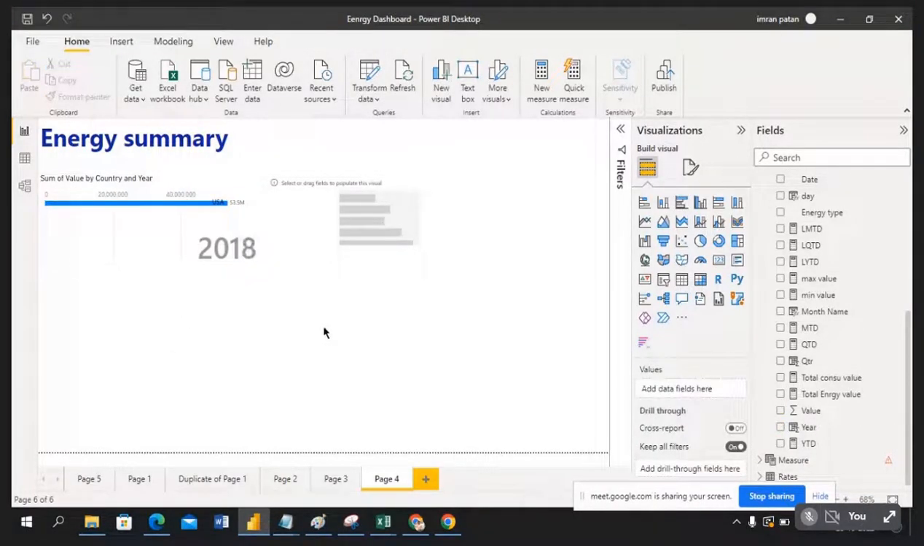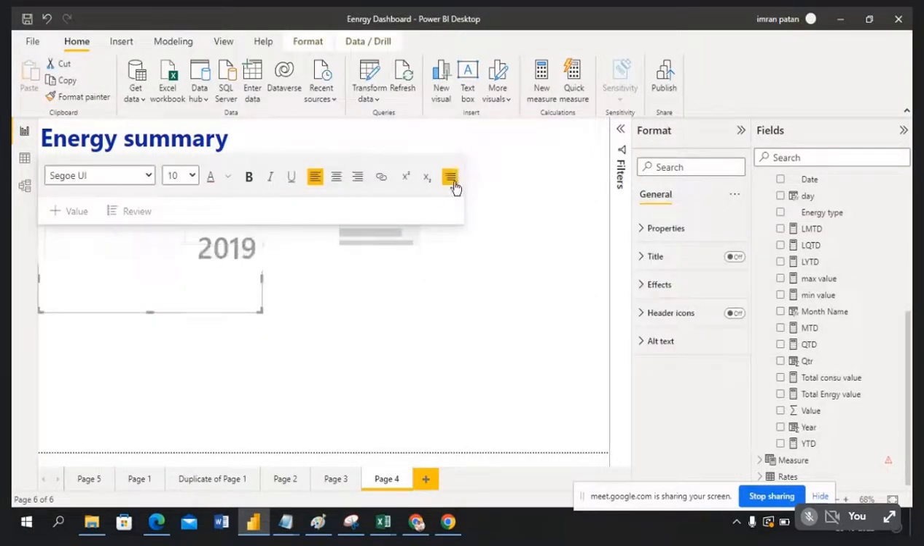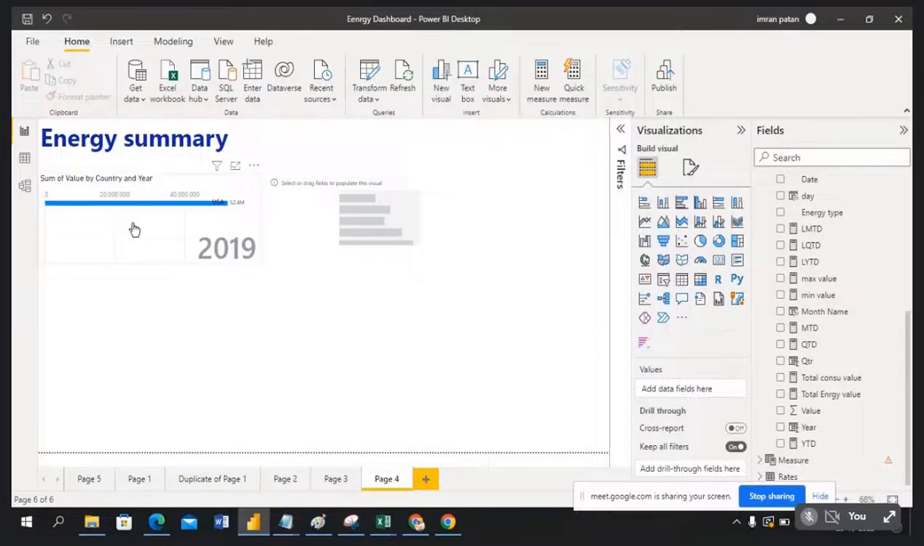So it's working like this. See, it's animating for 2019 sales. Okay, 2018 sales, 2016 sales. Okay, see, now